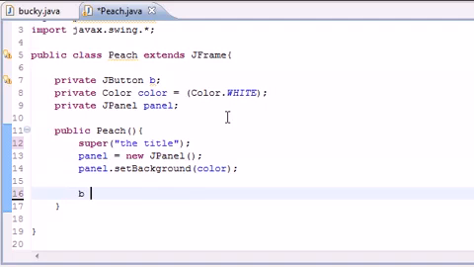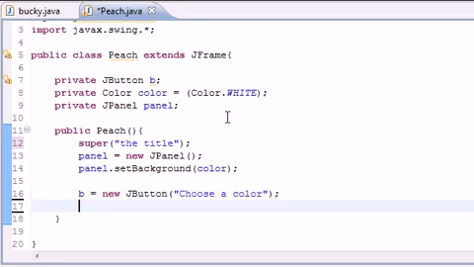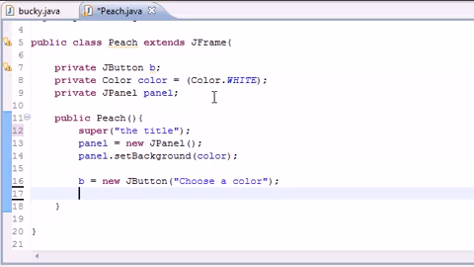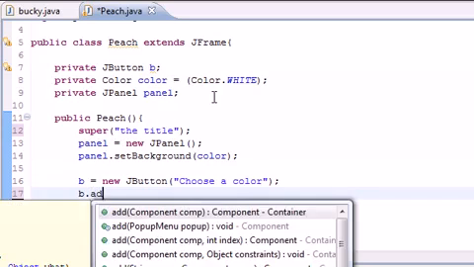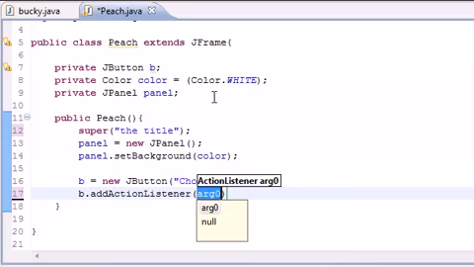So B equals new JButton. Let's go ahead and for the text on our button, let's just put choose a color, because when they click the button they're going to need to choose a color. So now we can add some functionality to this. So B dot addActionListener right there,